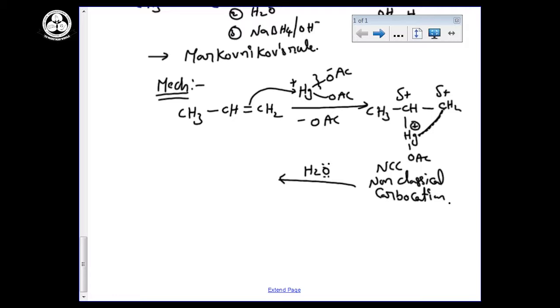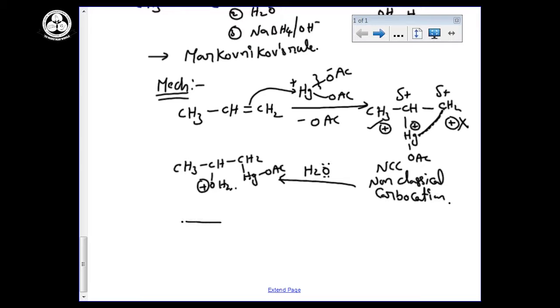We are going to add the water. So water I am adding to the carbocation where it is stable. For example, you can feel carbocation here and carbocation here, the second carbon. The second carbon carbocation is more stable than this one. So I am going to attack the water molecule here. Now it becomes CH3, CH, here OH2 plus, and here CH2, here Hg, OAc, Hg, OAc.